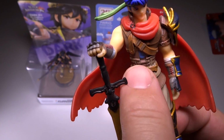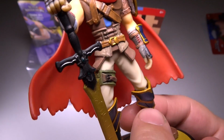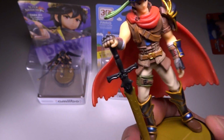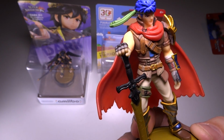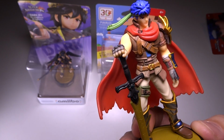There's some really good stuff in here. Muscle tone in the arms, wrinkles in the pants, little highlights of gold in the boots. It's a very nice looking Amiibo, but for some reason, to me, something just seems a little bit bland about this one. I don't know if I can quite put my finger on it, but let me know if you think this is like the greatest Amiibo ever, or if you agree that maybe they could have